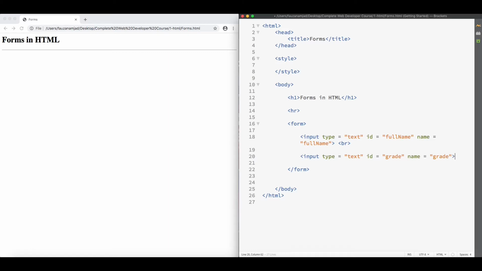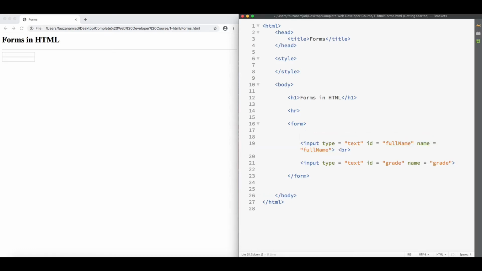Now if I put this onto the web page, you're going to basically see two text fields here. That doesn't really make sense, because you don't know what you want in those fields. How's the user going to know what you want from them, what to actually input? So in that case, we have to use a label, and the label allows us to put a label on the text field. So we do label